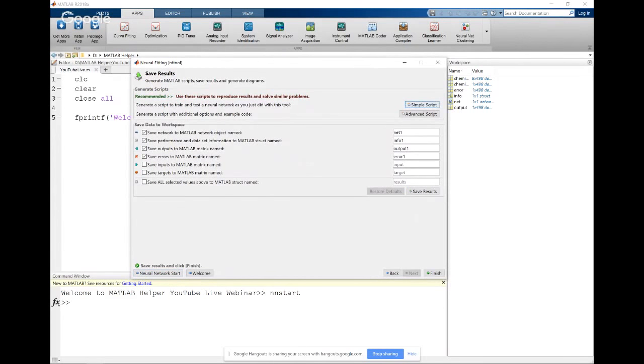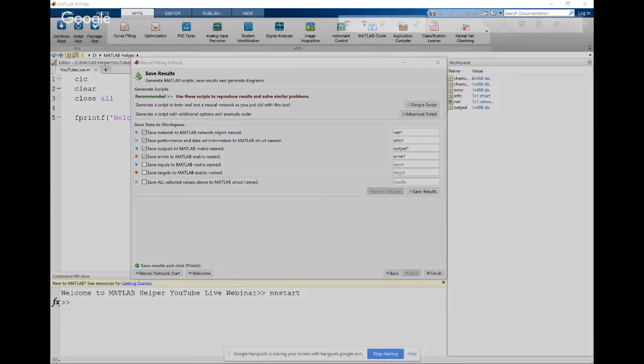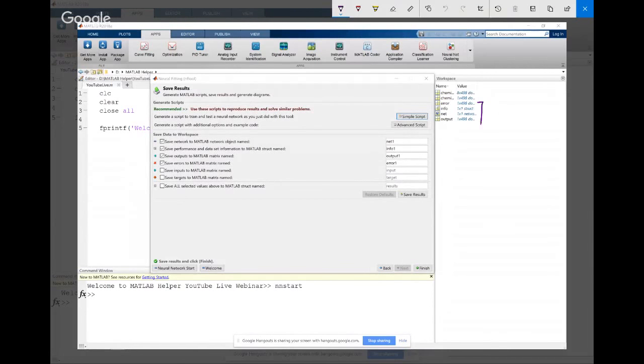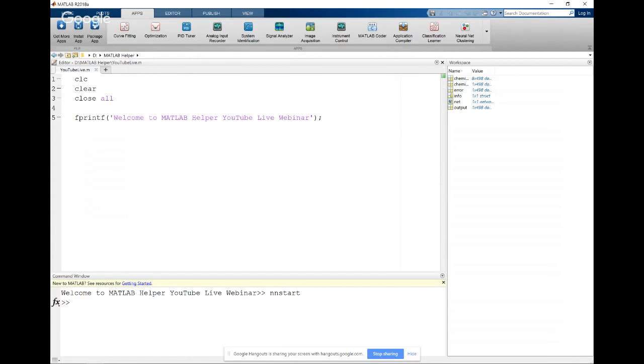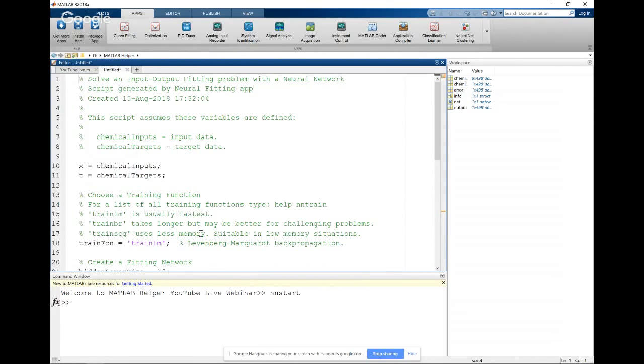I'll click on save results, and in the workspace area, you'll see all these variables are added. These are the input variables, these are the target variables, and these are the result variables which got added just now. Now we can create a simple script by clicking on this button, simple script, and here is the script created by MATLAB itself.